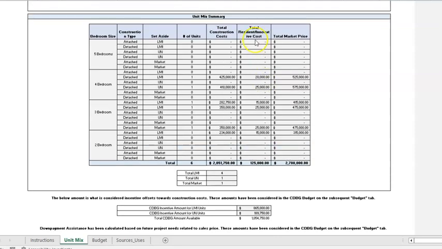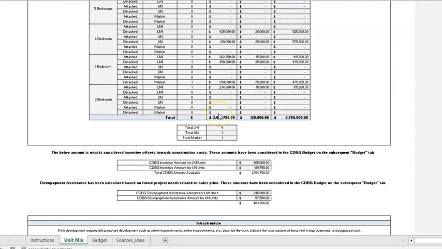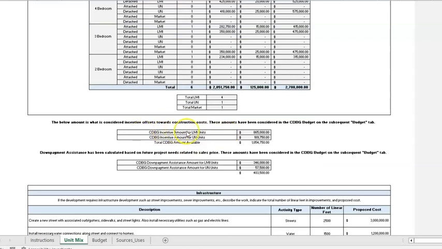In addition to the unit mix summary table on the unit mix section, there is also 2 other sections. One is the total considered incentive offset towards construction costs, and also down payment assistance, which is calculated based on future project needs related to sales price. To better understand how these incentive offsets are constructed, you have to look at what is the total market price for LMI units and urgent need units. Here you will see that for the LMI units, there is an incentive offset of $865,000. For the urgent need units, there is an incentive offset of